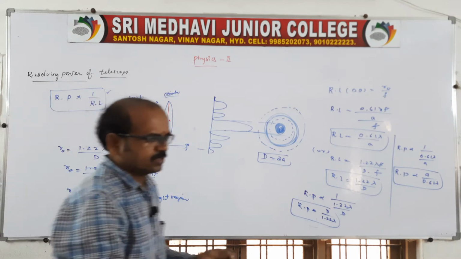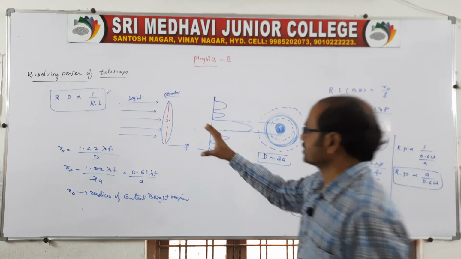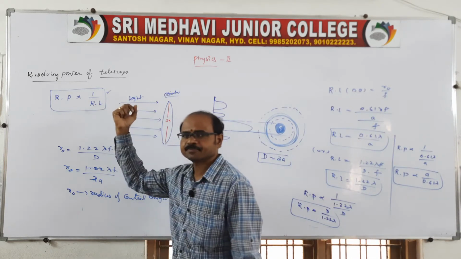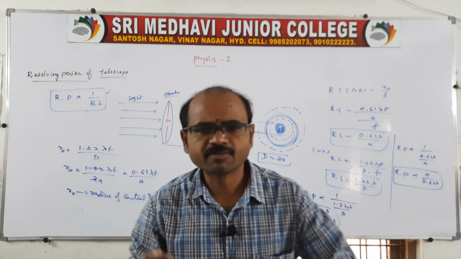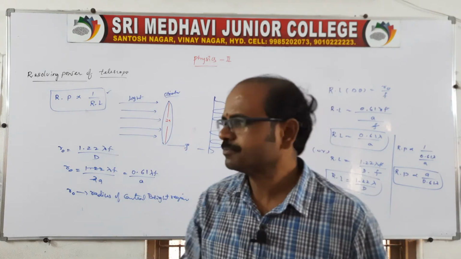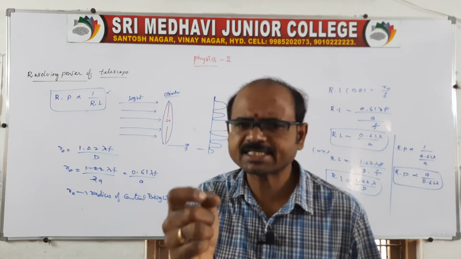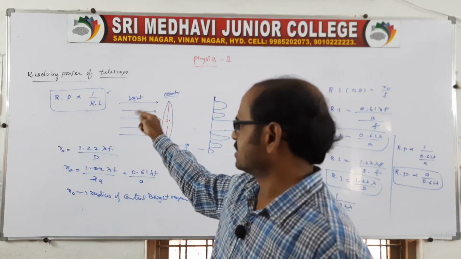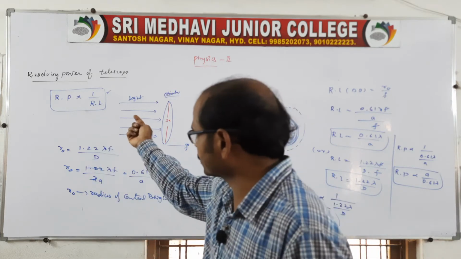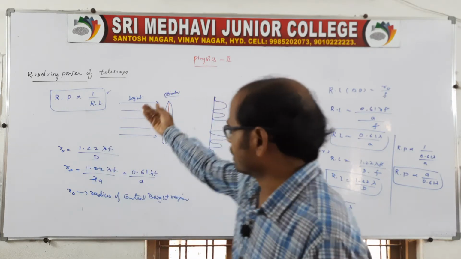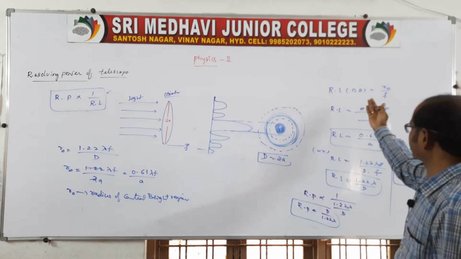Once again I will explain on the basis of the resolving power of a telescope. When light rays come from a long distance, by using the lens we separate the image. That is the resolving power. The smallest value of the objective lens limit is inversely proportional to the resolving power. Therefore resolving power is inversely proportional to the resolving limit, so first of all we have to get the resolving limit.